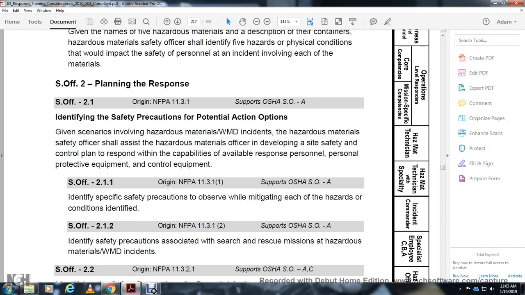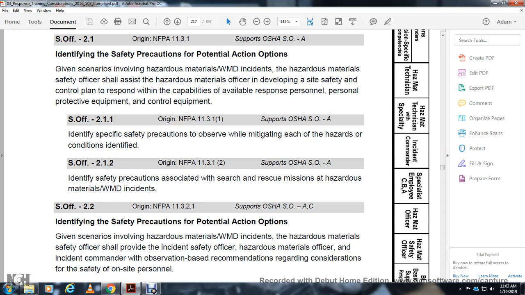Identify safety precautions associated with the search and rescue mission for the hazardous material weapon of mass destruction. Identify the safety precautions with potential action options. Given the scenario involved with the hazardous material weapon of mass destruction, the hazardous materials safety officer provides an incident safety officer for the hazardous material officer with the incident